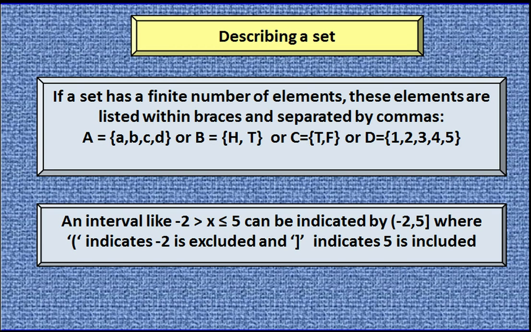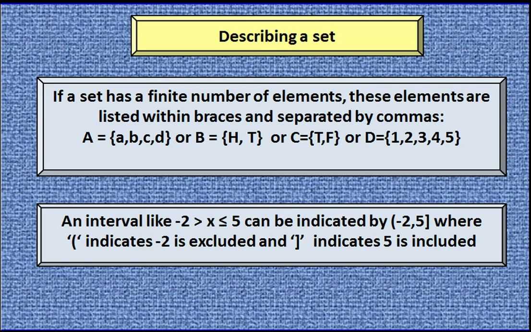Now let's see how we can describe a set. If a set has a finite number of elements, these elements are listed within the braces and separated by commas. For example, A can be equal to {a, b, c, d}, or B can be equal to {H, T}, or C can be equal to {T, F}, or D can be equal to {1, 2, 3, 4, 5}. An interval like -2 < x ≤ 5 can be indicated